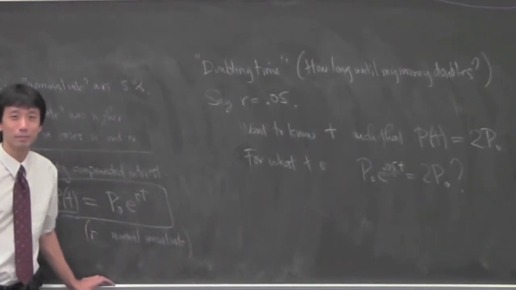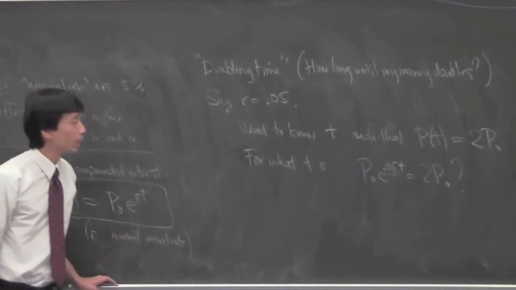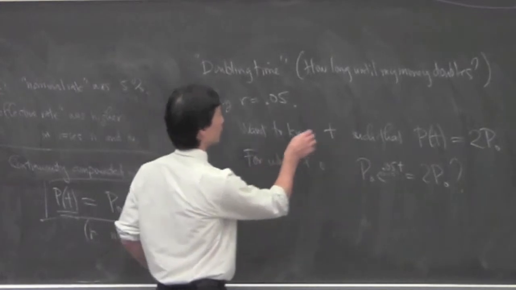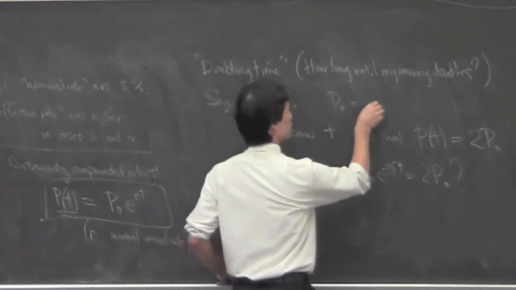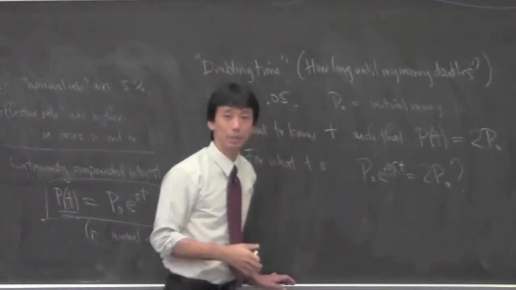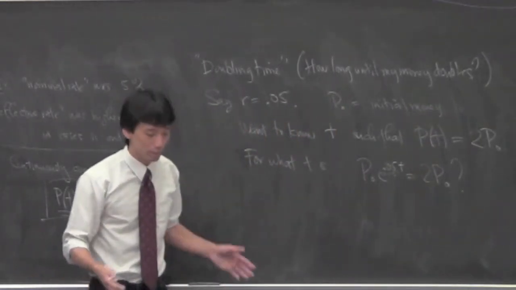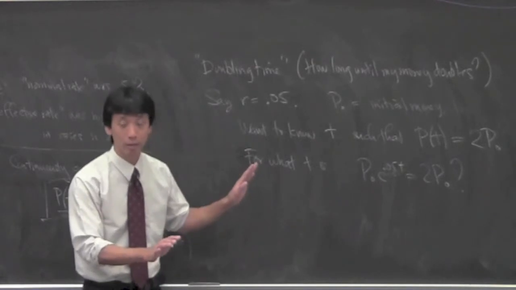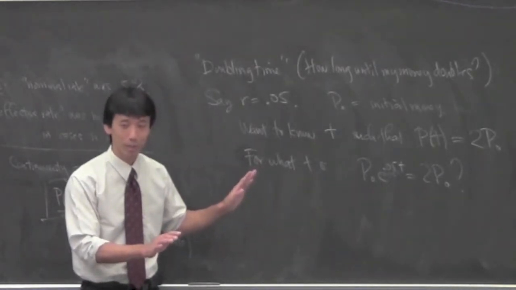Okay. I still don't get it. I already have that P naught at the base of P again. It's like we were starting out with, right? Oh, P naught just denotes the initial amount, so P naught is the initial money, like how much you put in at the beginning. You put this money into the bank, and you just leave it there, and you're wondering when it's going to double.